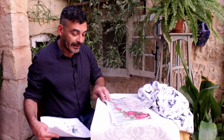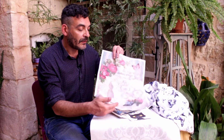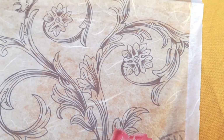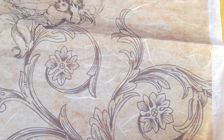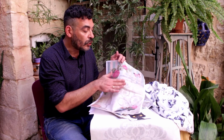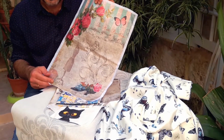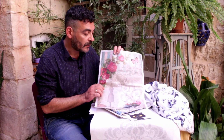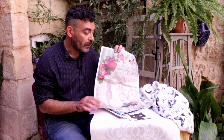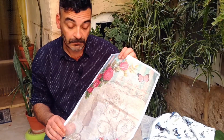Another example is rice paper. This is an example of rice paper which you can purchase even online if you want, and just glue and blend with the rest of the furniture you have. Obviously it depends on the character you want to create, on your personality and on the colors and color scheme